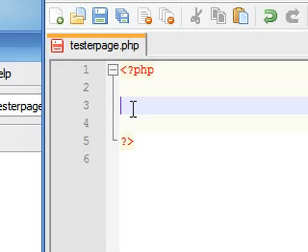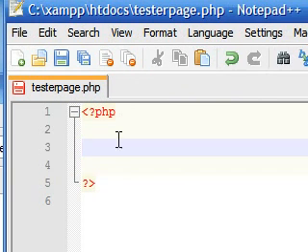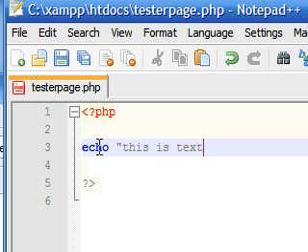Now, I know you guys are itching to write your first PHP code. So, first thing I'm going to teach you is how to output some basic text, just write text on the screen. And to do that, inside your PHP tags, here's what you write: echo, quotation marks, write whatever you want.